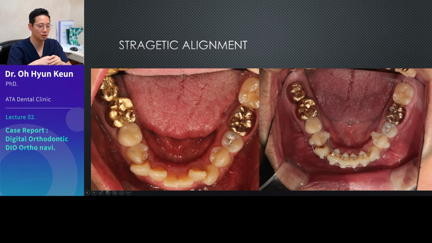You can use various instruments like open coils, and it will help if you learn how and when to use these tools. But when you first try, for example, let's say you order a new case from Dio, and Dio sends you a digital setup for expansion. But if you haven't had experience in using one, it's not easy even to attach it all. So even when you have a digital setup, you need to constantly think about how you would reach the condition where you can attach the devices and place the double wire in the shortest time possible. That's why I stress so much today that you need to create your own recipe from all these different techniques to run your own practice successfully.